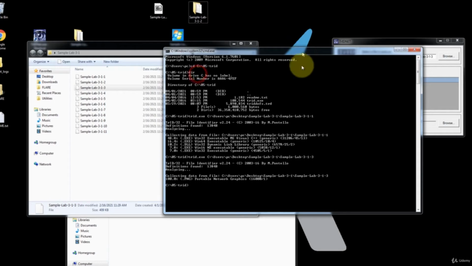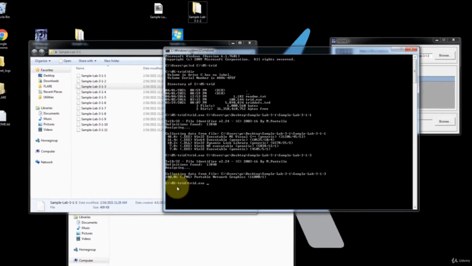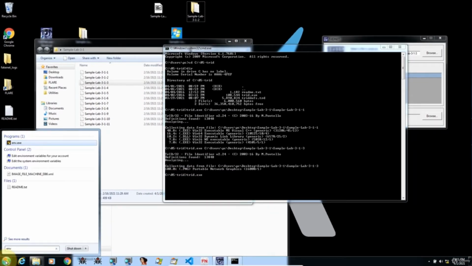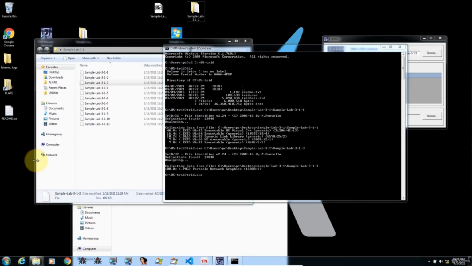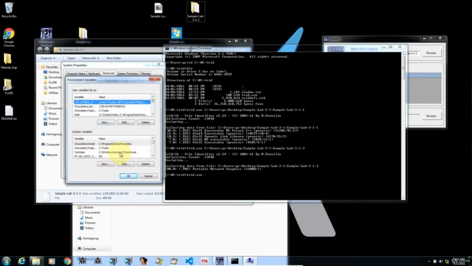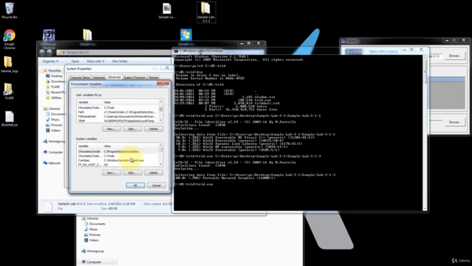If you wanted to make this command trid available anywhere else in your file system, then you need to add the path to the environment variables. So how do you add this path to the environment variables? You just click here and search for env, environment, edit environment variables, edit the system environment variables, and then over here look for the environment variables button, and under system look for the path,